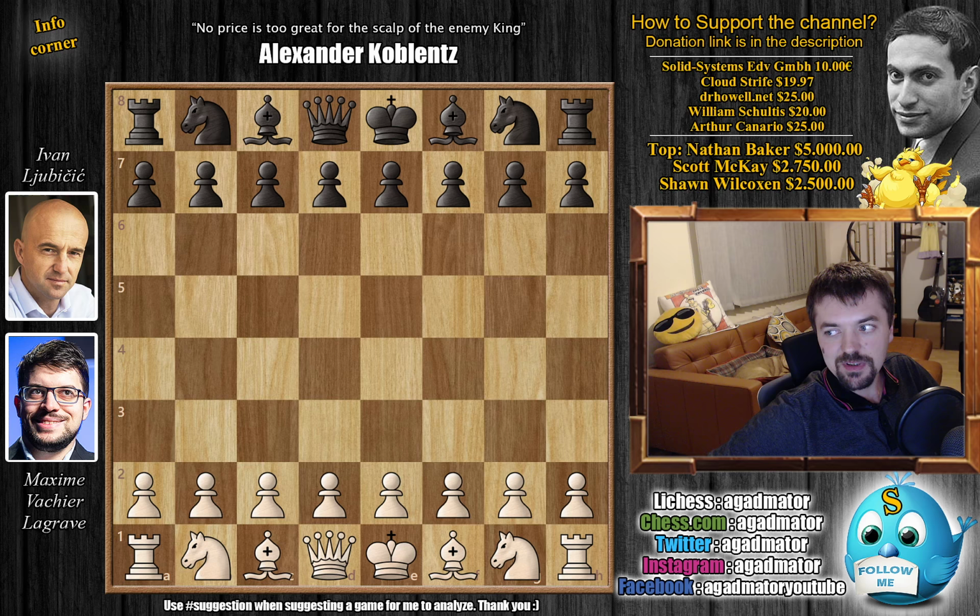And Ljubo asked me a few days ago what should he play against Maxime. I told him, you should face him where he's strongest. So as you're black, you should prepare the Najdorf and the Grunfeld, and whatever he plays, you will be ready. I don't know if he prepared the Grunfeld as well, but he definitely prepared the Najdorf, as you'll see